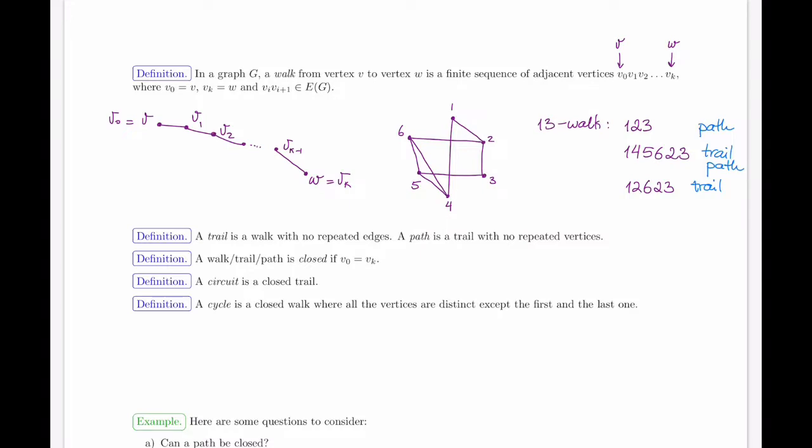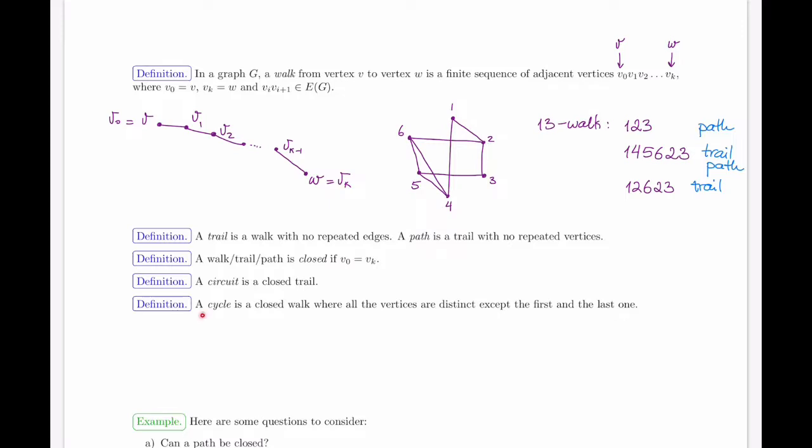And otherwise, it depends. We can even come up with other words. For example, a circuit is a closed trail. So again, remember, trail is the most general word. So I managed to get from the first vertex to some other vertex and back to the original via some way. Whether or not I repeated anything at all doesn't matter because it's a trail. So in that case, it's called a circuit. I managed to go for a closed walk in my graph. I've managed to go through a circuit.